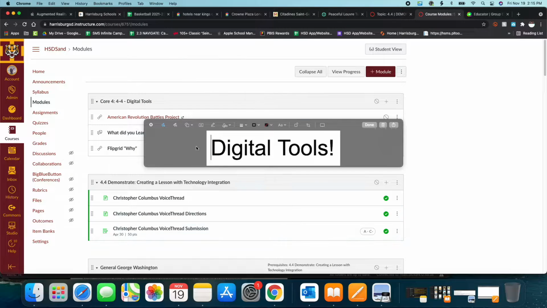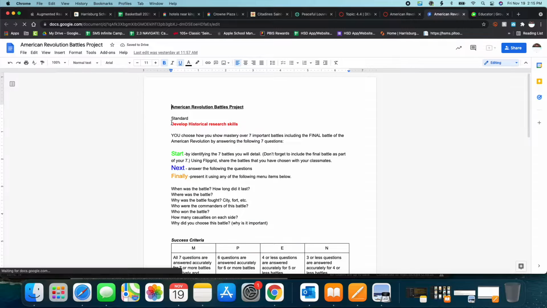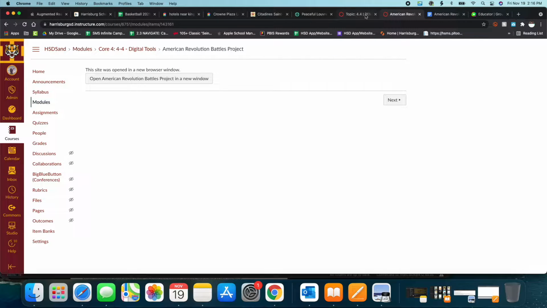So first thing, if you go here and you see my digital tools lesson, I've got an American Revolution Battles project that opens up, and my standard is to develop historical research skills. So the learners have to choose 7 important battles, including the final battle of the American Revolution. They have to answer the following questions. So to start, they have to identify those battles. And then once they've identified the battles that they're going to do, they are going to go to